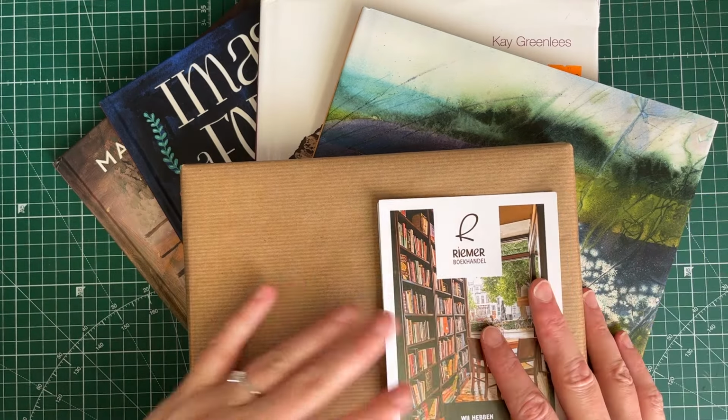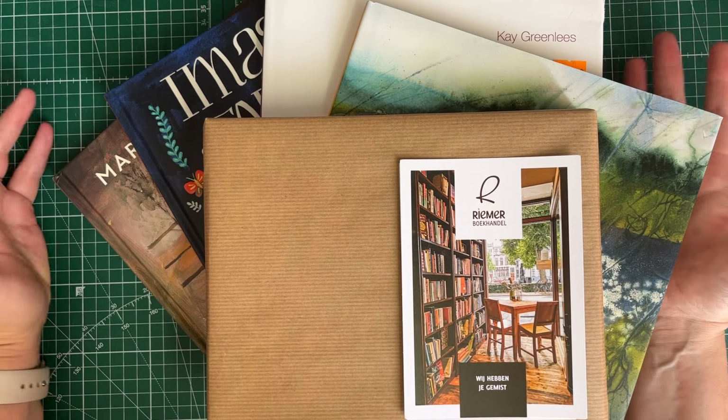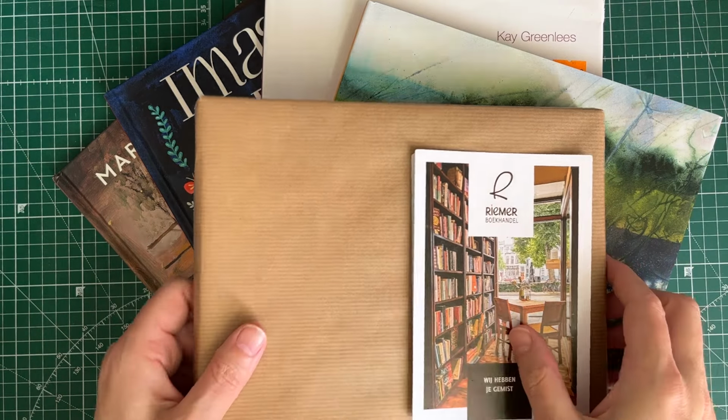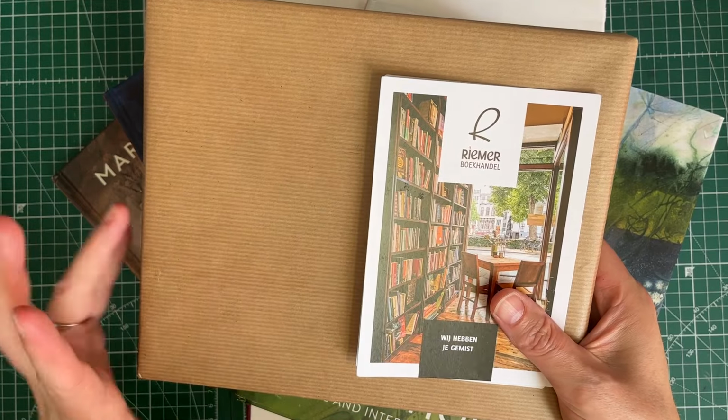I've done some previous videos on books that inspire me, and these are all relatively new. So you haven't seen these before, but I thought I would just take you through them because we all love books, right? So this one I purchased from a bookshop here in the Netherlands